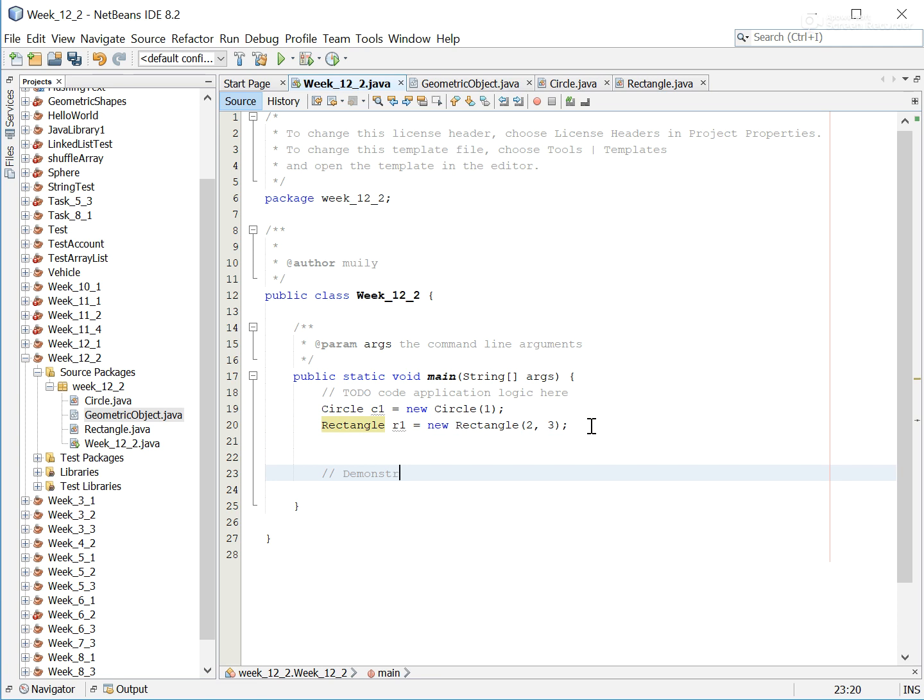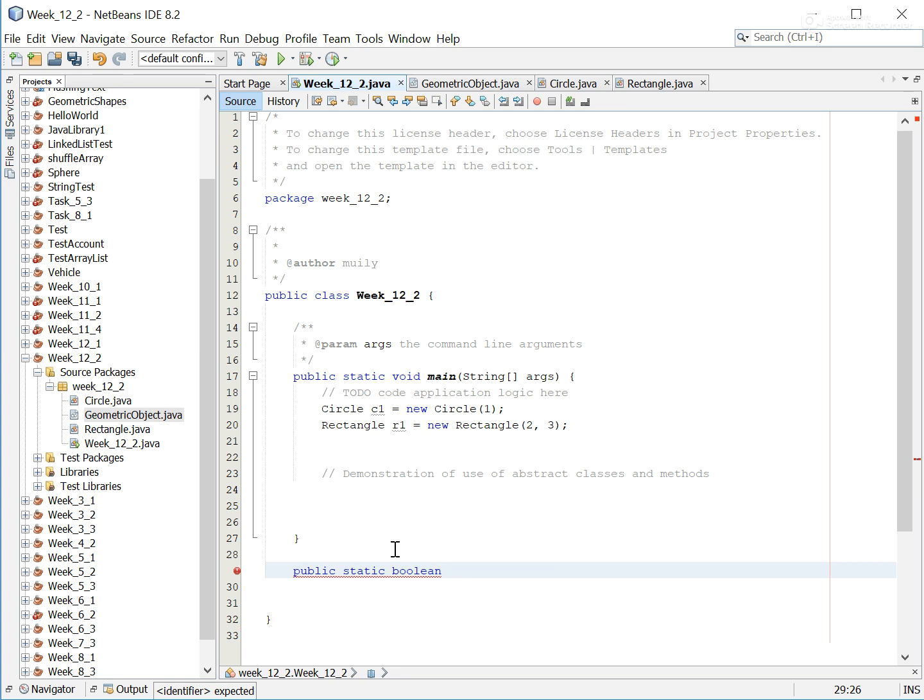Demonstration: use of abstract classes and methods. Let me actually jump in parallel to the main method, and let me first make a new method. Let's make this one public static because we're in the top level class. It's going to return a boolean. The name of the method is equalArea, and this method